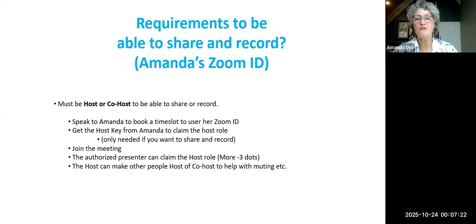Right. I first want you to understand that we've got two people. I've got my Zoom ID and then we've got Mol's Zoom ID. It works differently. So I'm first going to talk about my Zoom ID. Anybody can use my Zoom ID. Just organize a time with me. If you want to talk to people and you need them on Zoom, you can do that anytime. Talk to me so that I give you a time that I'm not busy using it. You can have a free Zoom ID, but you have only 40 minutes on that.